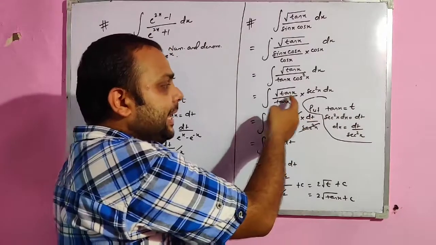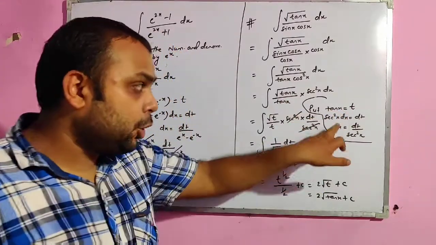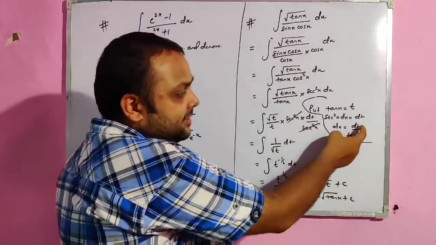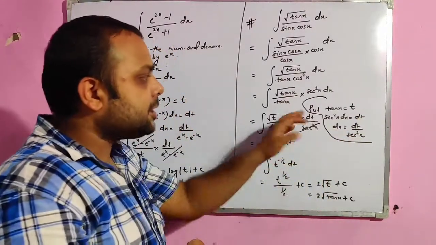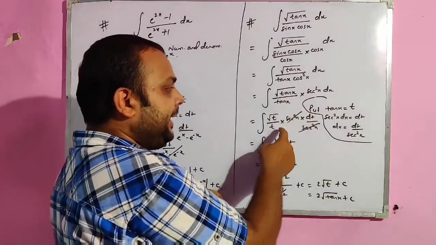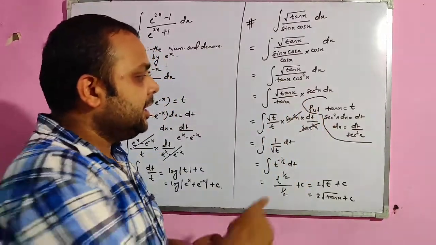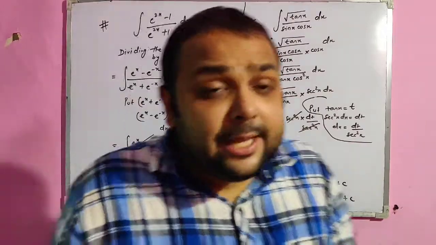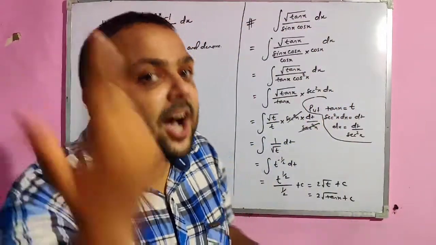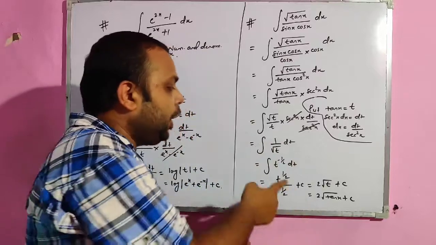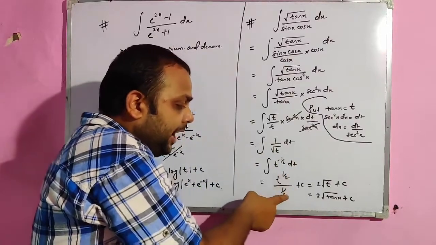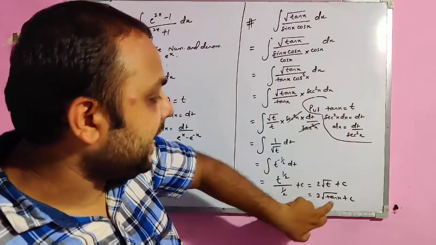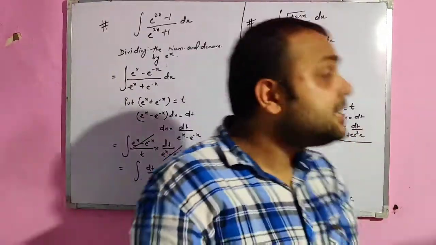Now putting the value tan x equal to t, what I have got, sec square x dx equal to dt. So the value of dx is dt by sec square x. Substituting it, I got root t by t, eliminating others. So after reducing this, 1 by root t. 1 by root t means t to the power minus half. So applying the power formula, I got t to the power half upon half, which is 2 root t plus c. Again substituting the value of t, I got 2 root tan x plus c.